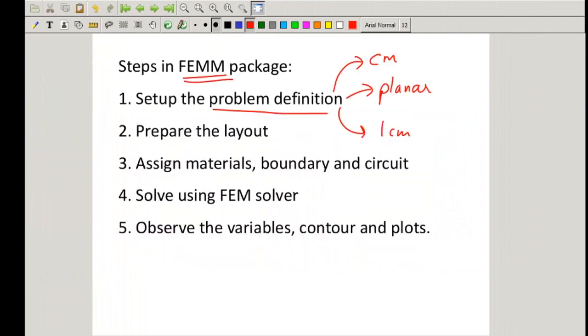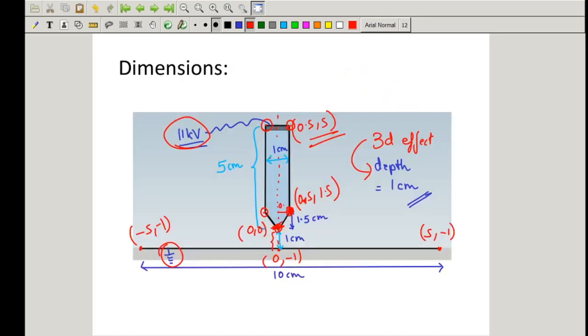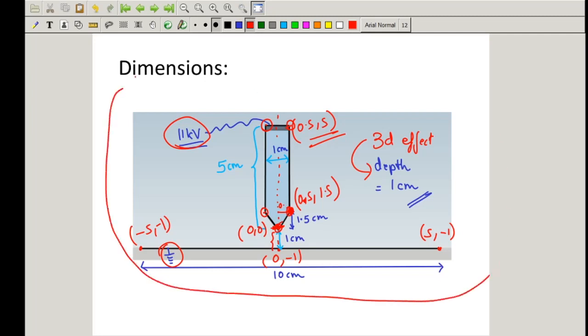Let's come over here. So this layout we are ready with. Now we need to define some materials, boundary, and the circuit. So the idea is actually this is not the only structure in the universe. So we'll define a boundary which will contain this structure. So that boundary eventually we need to prepare.